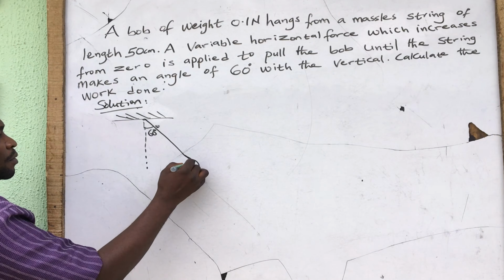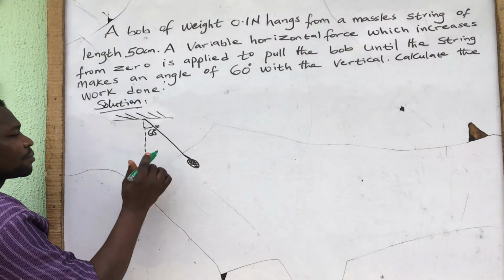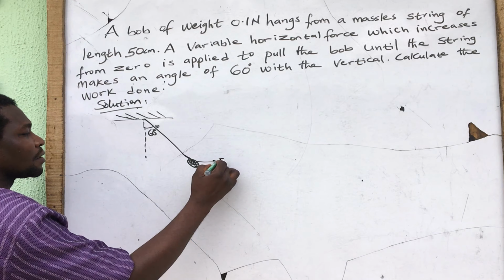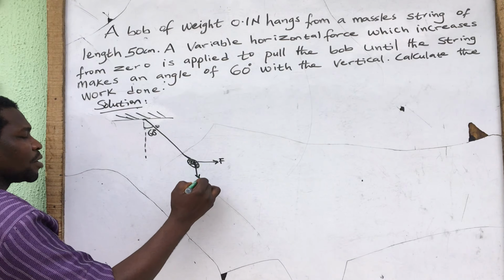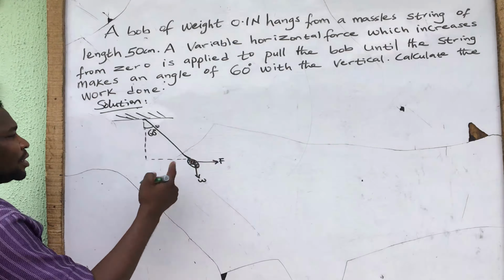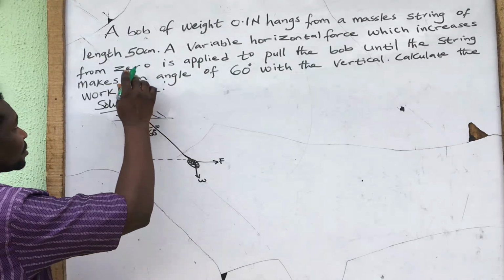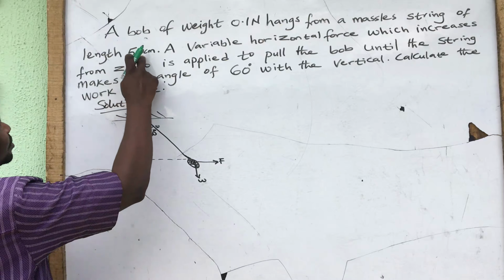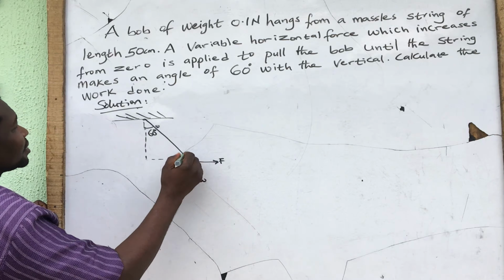From here we have our force, and we have the weight of this bulb. We are given that the length from here to here is